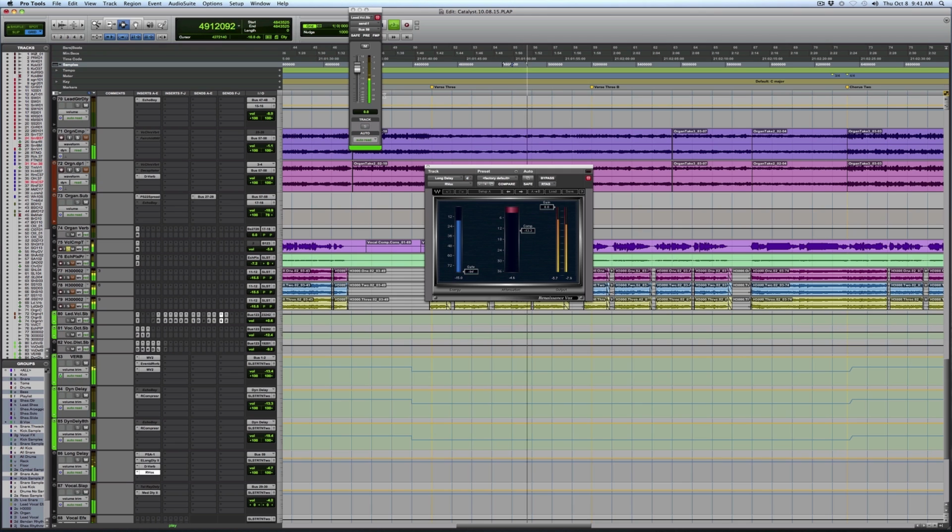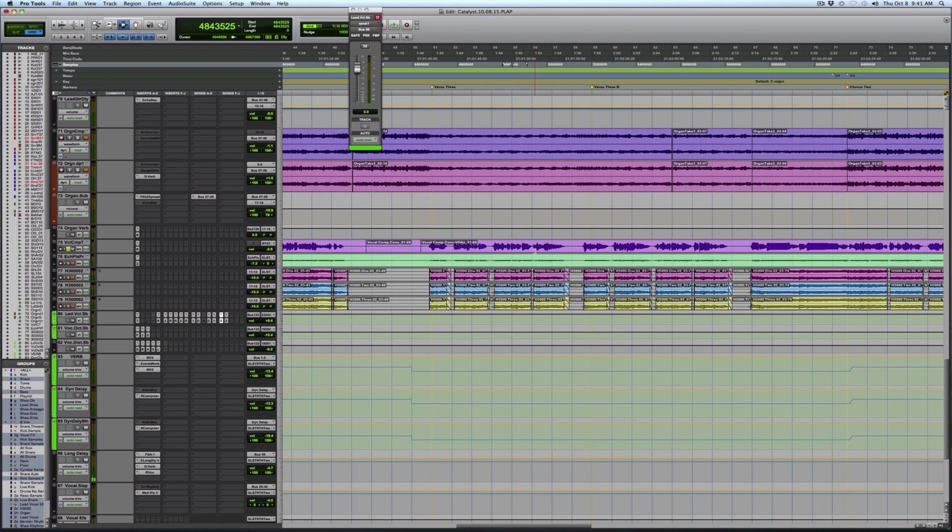literally just automating the send. So it's there. Well, you could obviously draw it in and out here, but it's so much easier to automate it from the vocal because then what you do is you just...